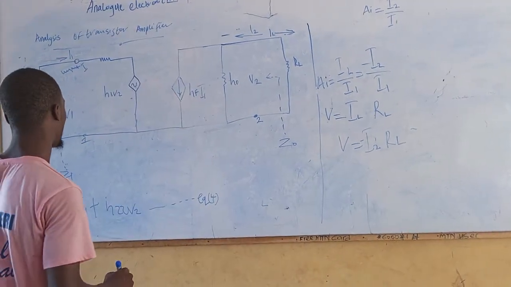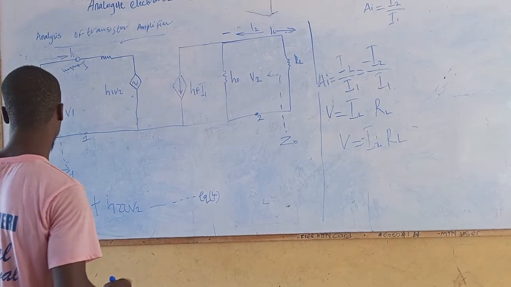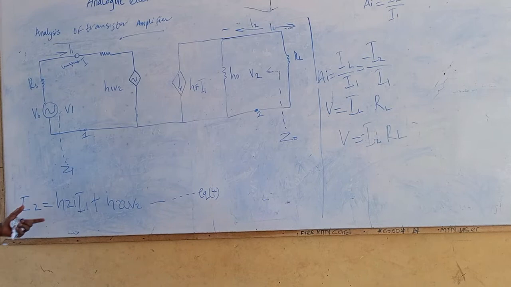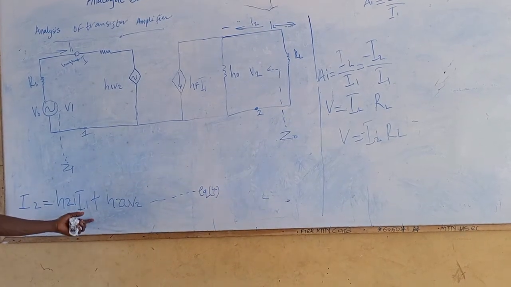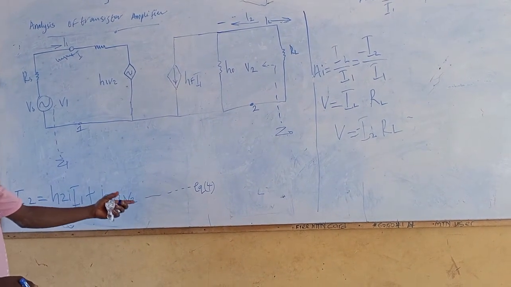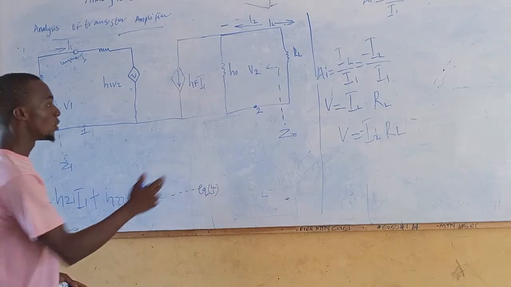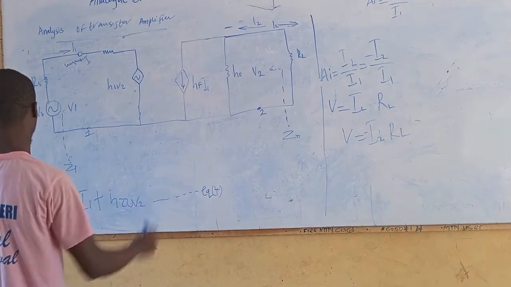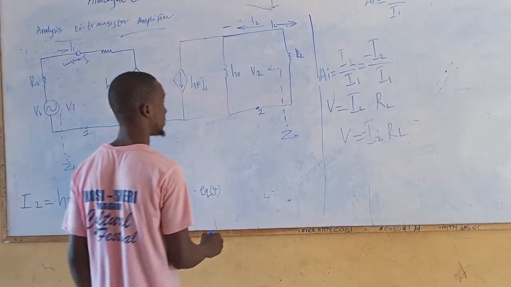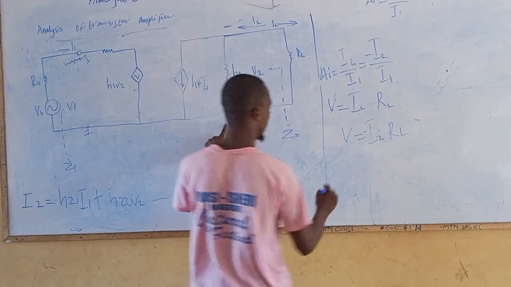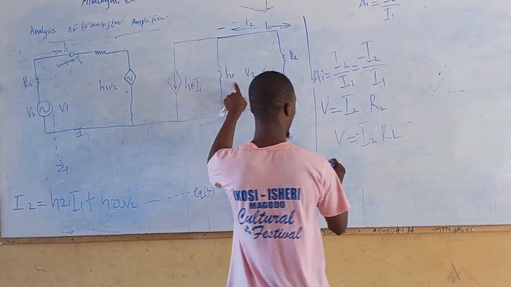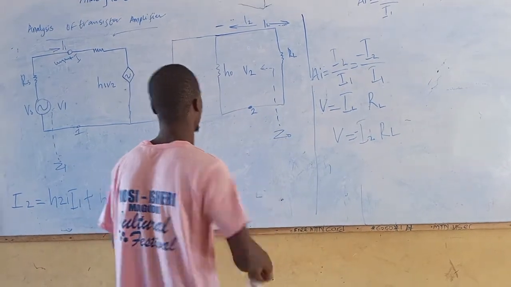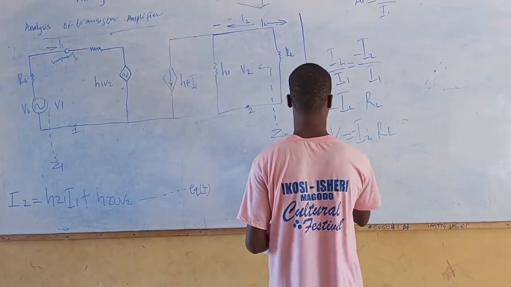So let's come back to the equation we want to prove. We can recall when we were putting our H parameter, we have something like this: I2 is equal to H21 I1 plus H22 V2. So in this place, we want to slot back the value of V. Back to equation 4, we have HF I1